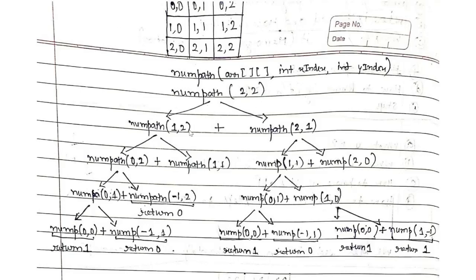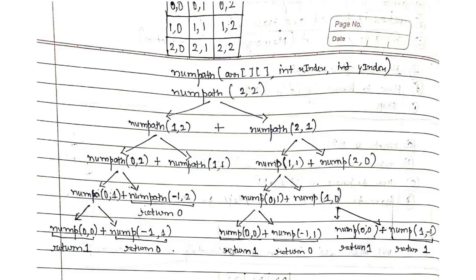Now coming on to this recursive tree, what are these recursive calls actually? Each and every path from root to leaf node is actually a path in the matrix. What is this (0, 0)? From this (0, 0), how did I come over here? I came from (0, 1), and I came to (0, 1) from (0, 2), and from (0, 2) to (1, 2), and from (1, 2) to (2, 2). So can you see (0, 0), (0, 1), (0, 2), (1, 2), (2, 2)? This one path from root node to leaf node gives us one path from source to destination in the matrix itself.